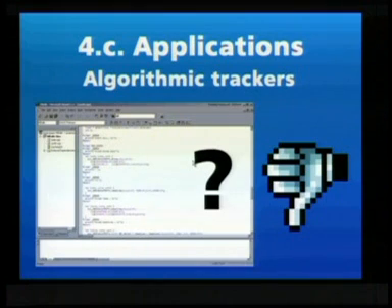And another method is that algorithmic trackers don't really have a tool. Visual Studio, what you see there is actual music code. It's kind of hectic, and it's coder music. Now, musicians probably don't want to learn to code just because you want to have a 4K, which is why